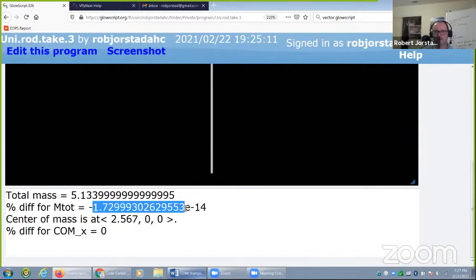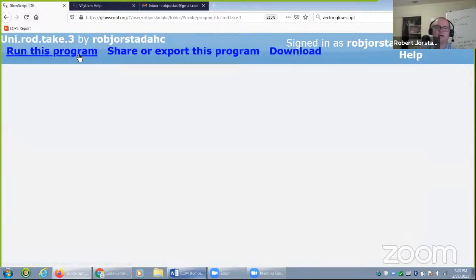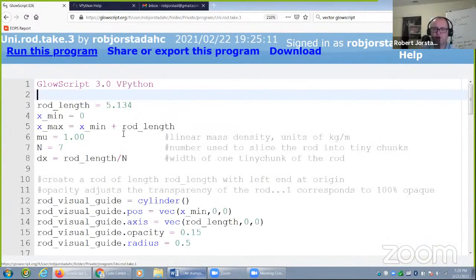E negative 14. What does that mean? It's a number times 10 to the minus 14th. So that's a very, very, very small percent difference. It's effectively 0. So that's some rounding errors in the calculations in the code. Basically, it's still looking pretty good. All right. So let's see. I've told you pretty much everything I want. So that function trick could really be useful. Now there is one more thing I want to